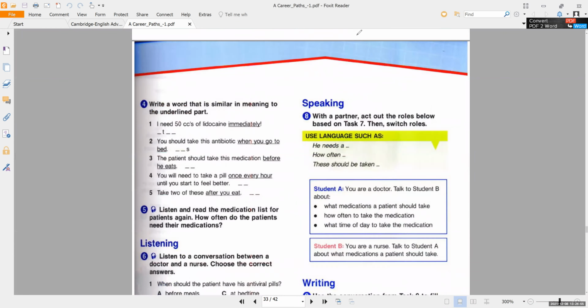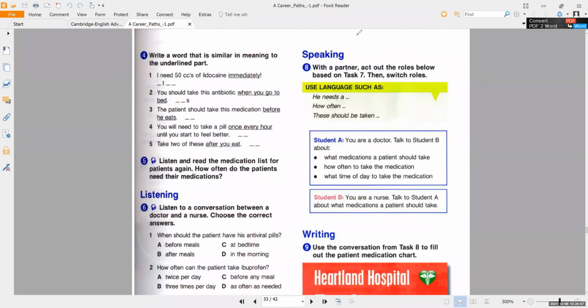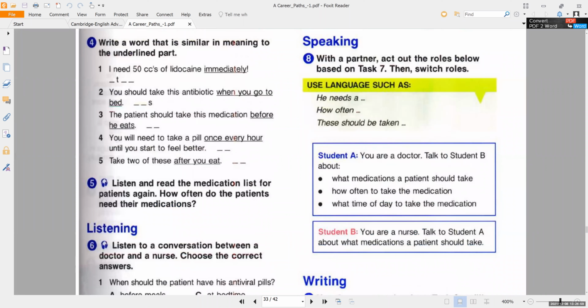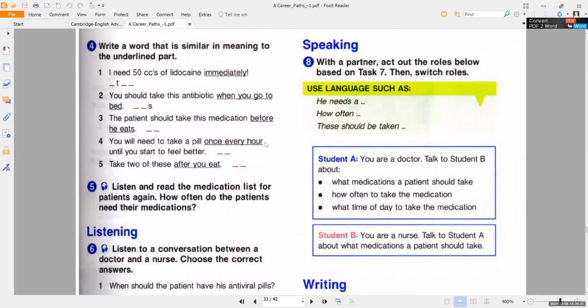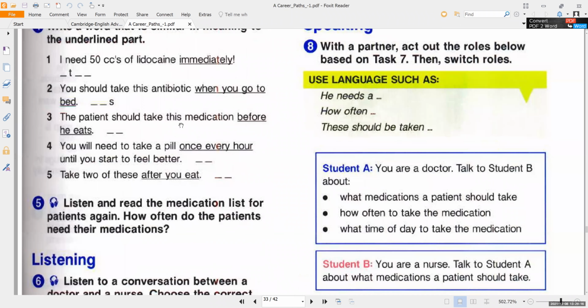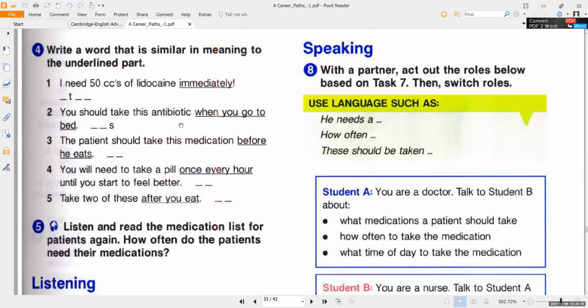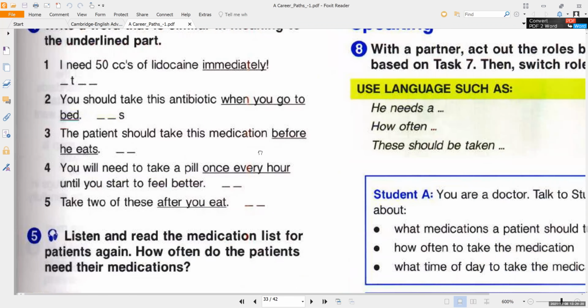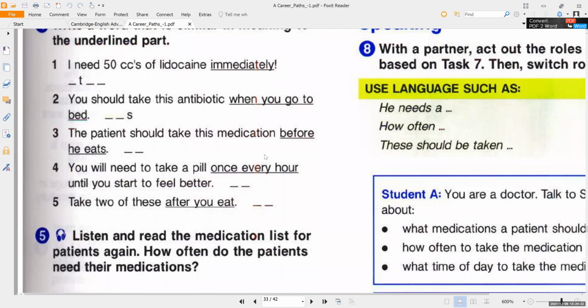Next. In this exercise, we have to write a word that is similar in meaning to the underlined part. So we are giving synonyms. Synonyms means the same meaning. So we write a word that gives the same meaning of the word given in here. So number one